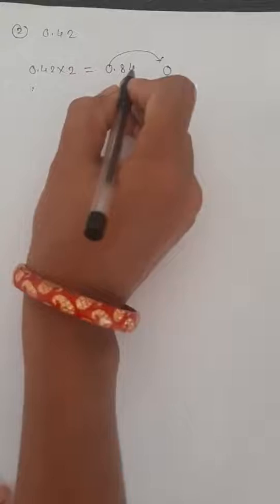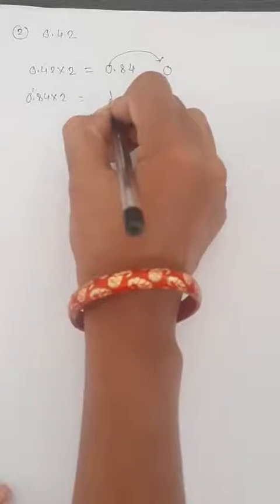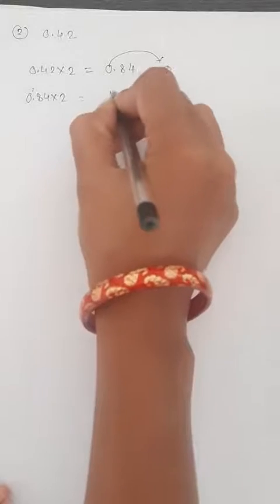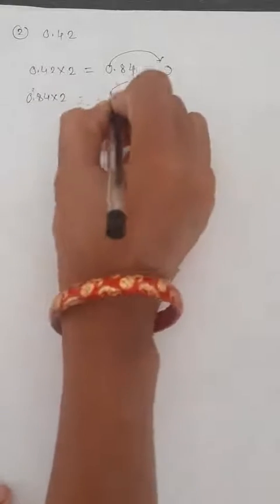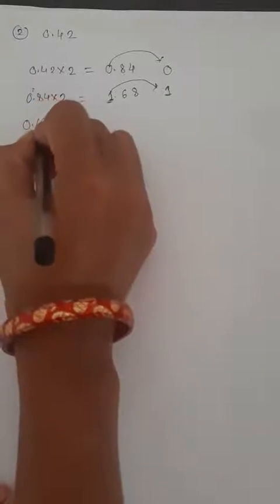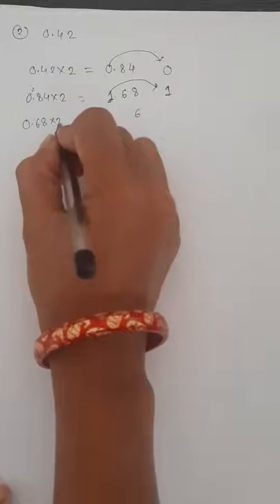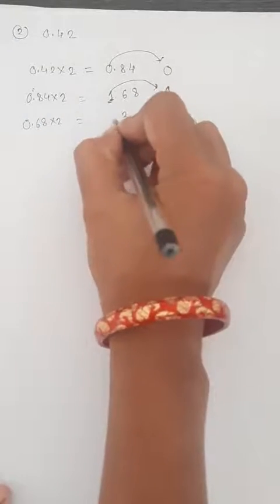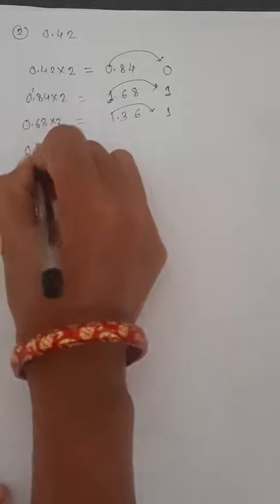So let's take the number we got after multiplication, that is 0.84 into 2. What will we get? 4 into 8, 8 into 6. Here the carry is 1, so write the carry on the left side. After that, take the fractional part of that number; we do not take the 1 here, only the fractional part, that is 0.68 multiplied by 2. 8 into 2 is 16, 12 and 1 is 13. Here also a carry of 1 is generated, and we take the fractional part.